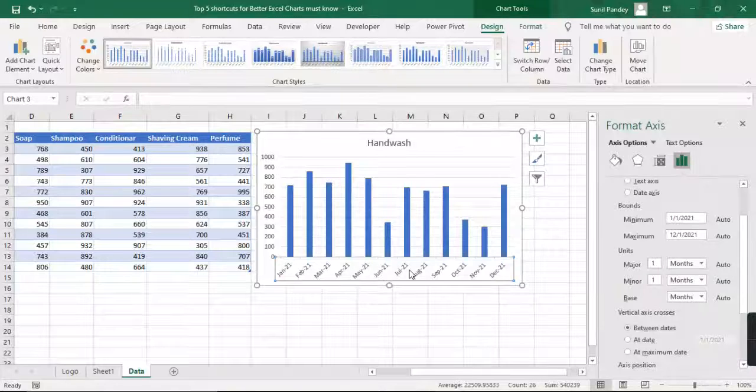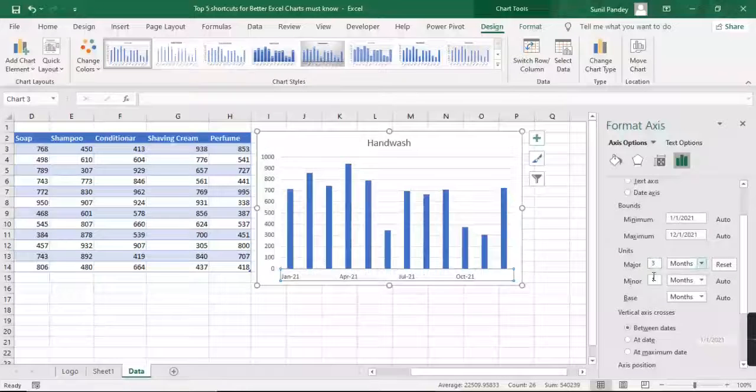Suppose I have clicked over here, so it will open this. Suppose I want to change, if you want to show a unit rather than 1, you can show a unit of 3 months. It looks better.